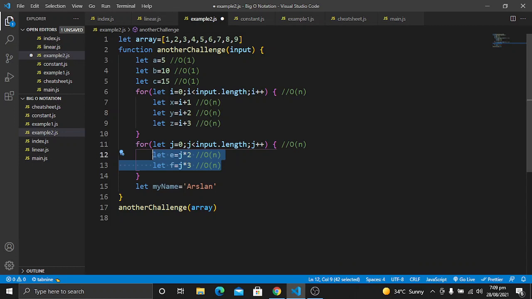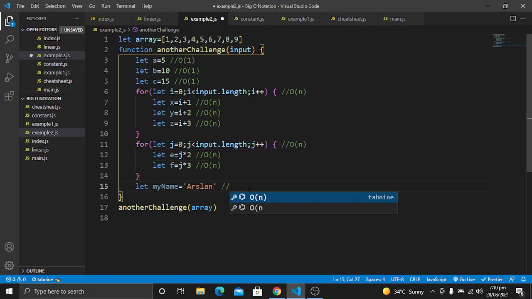So basically you can understand how I'm calculating the big O here. When the input gradually increases, for example if we have 10 inputs, then we are performing this 10 times. It means that we have O of n operations. Now this one is outside of the for loop, so we are not performing O of n; this value just has O of 1 operations, or O of 1 time complexity.